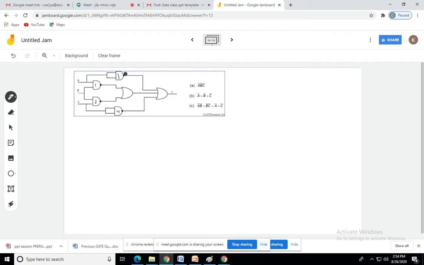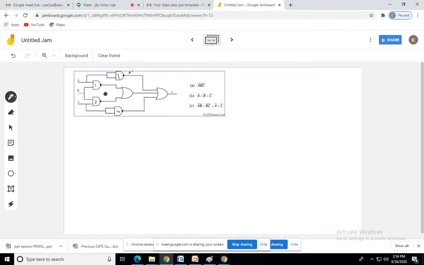So what is the output here for the third NAND gate? What will be the output? Here it takes the input from A, both inputs are A. So here we will be getting A dash. Okay, the output of a NAND gate is the complement of the product of the inputs. Here both are A, so a single input is going to the 2 input lines. So here the output is A dash.